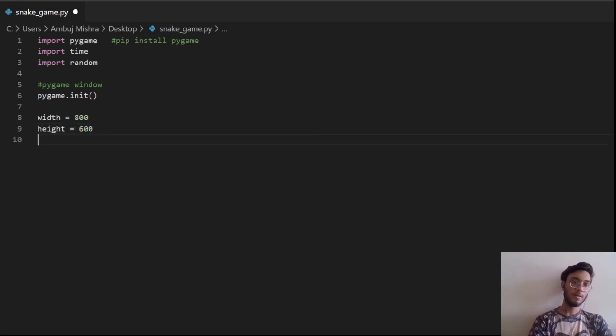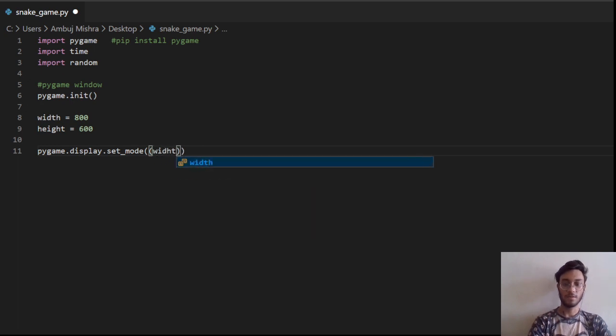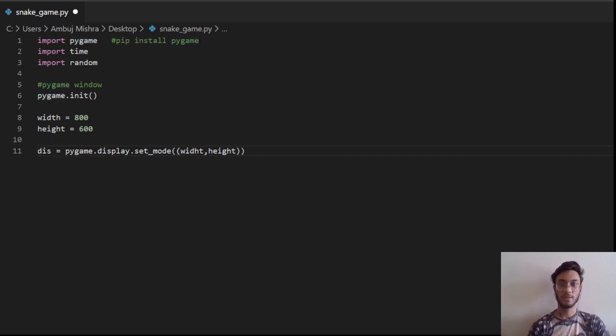Specify the values, and after that use the pygame.display.set_mode method, which is generally used to specify width and height. You can store this into one variable which we are going to use.